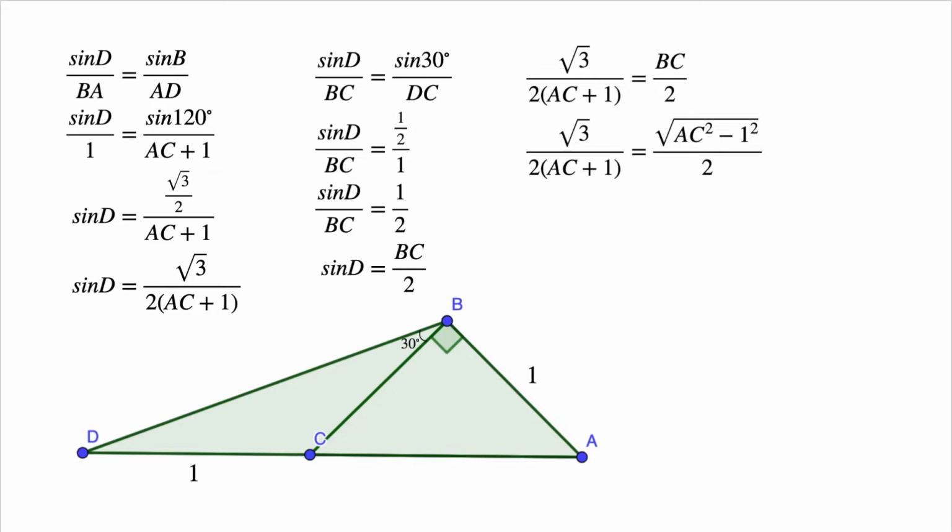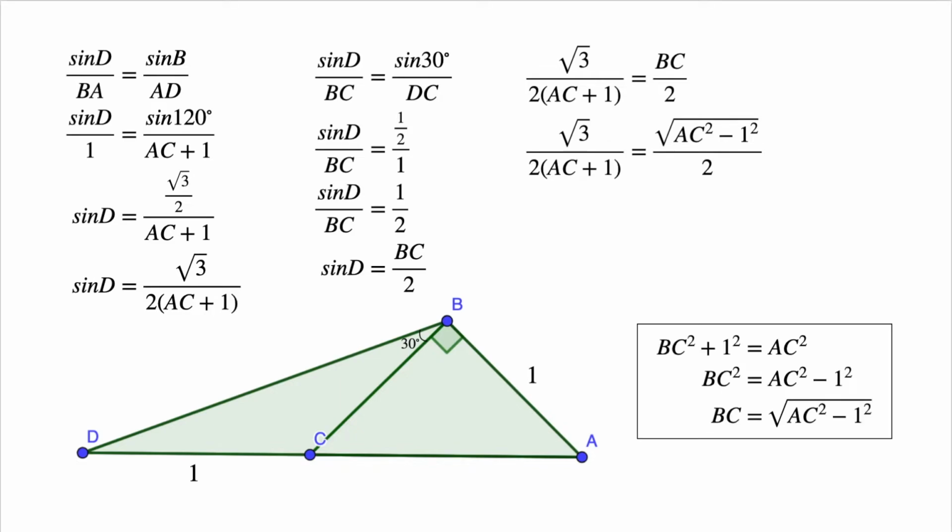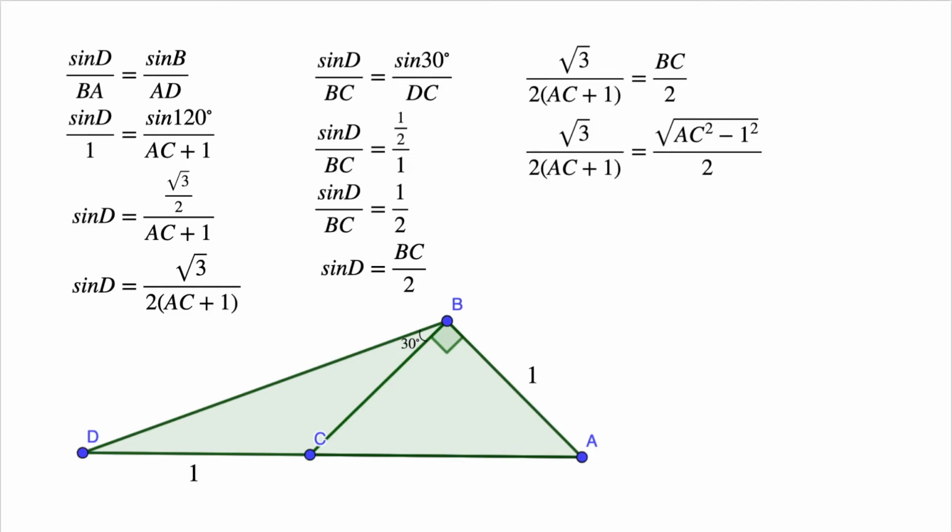If you find that the substitution was a bit too sudden, here's a quick explanation. Basically, from the Pythagorean Theorem, we know that BC squared plus 1 squared is equal to AC squared. To solve for BC, we subtract 1 squared from both sides, then take the square root to get BC is equal to the square root of AC squared minus 1 squared. Okay, back to our original equation. We can simplify it by getting rid of the 2 in both denominators